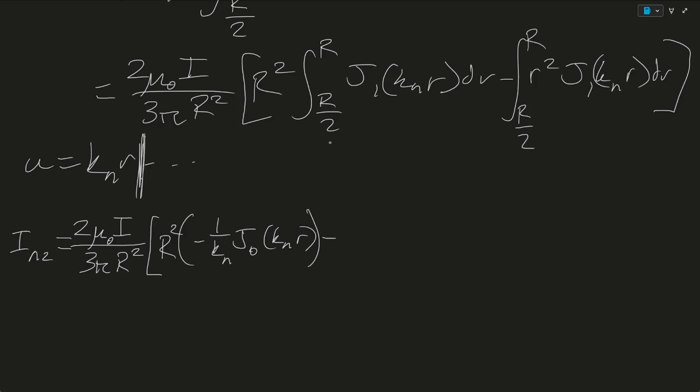I forgot the big brackets. R squared over kn, 2 kn r, using